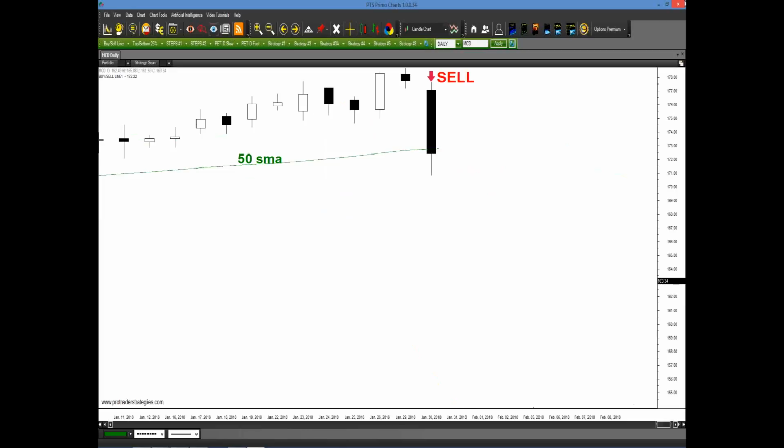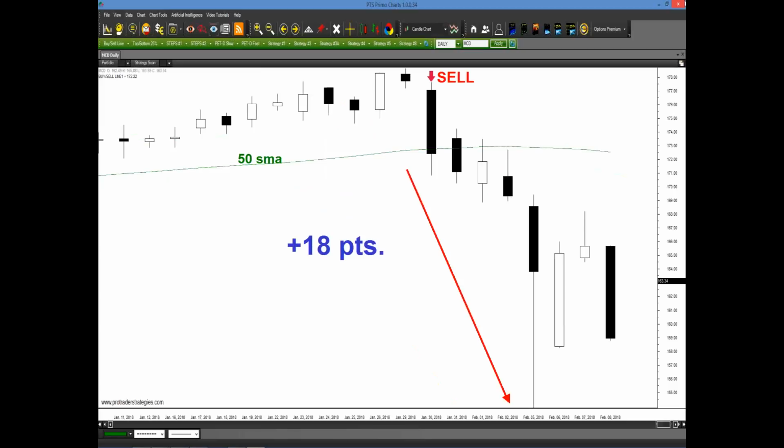with. So this bar closed below the 50, and it closed in the bottom 25%. So even though it's a little bit more aggressive, it is a valid sell signal. And if you had taken advantage of that, that would have been 18 points in your favor to the downside the first week of February. See, you had a lot of chances to go short and make some very quick gains to the sell side